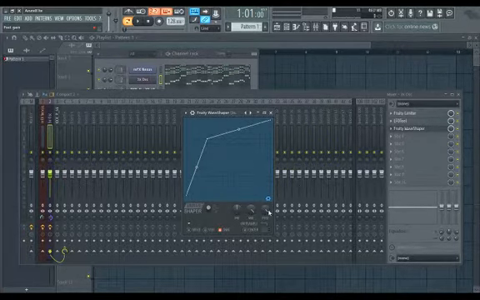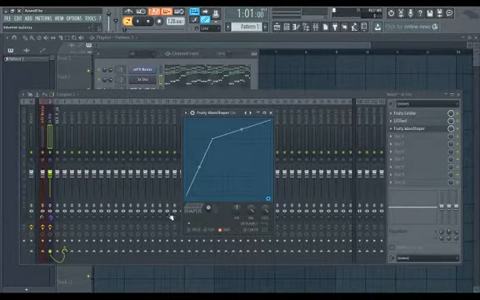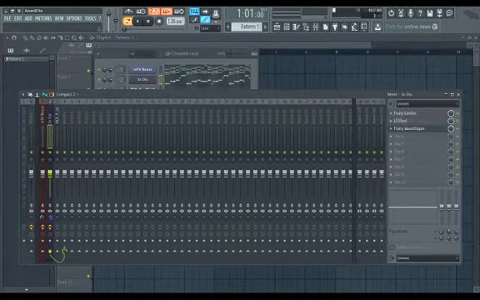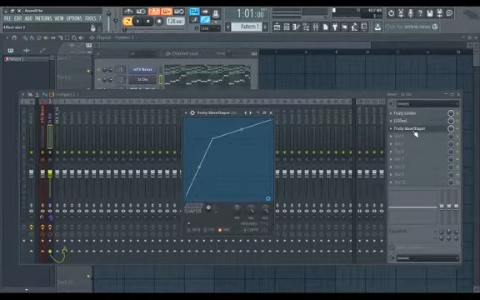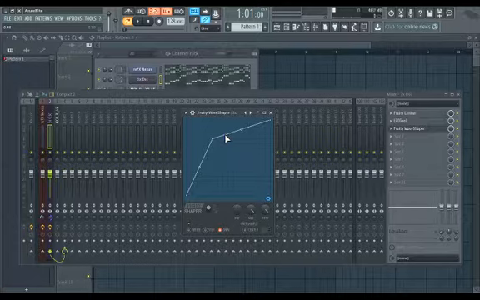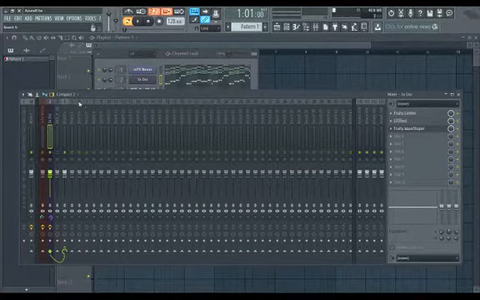Okay, so what distortion does is it adds harmonics. It takes the main frequency of this sound and it kind of doubles it. It spreads it out, so it's gonna get more. At a point with distortion, you can add some high end to your sounds, some harsh high end that you will have to EQ, and it's gonna be super annoying, but otherwise it's pretty cool. So let me show you how to add distortion to a sub bass